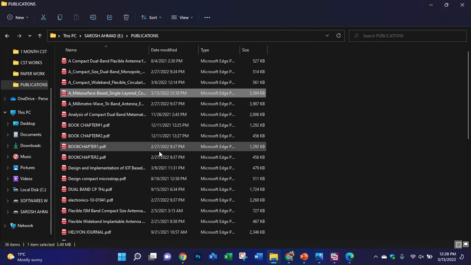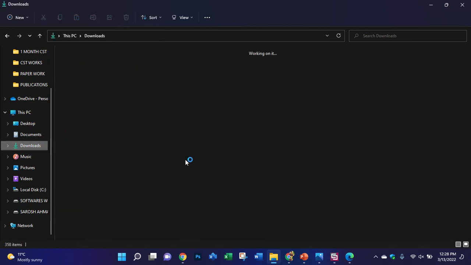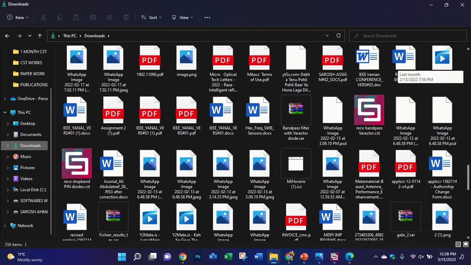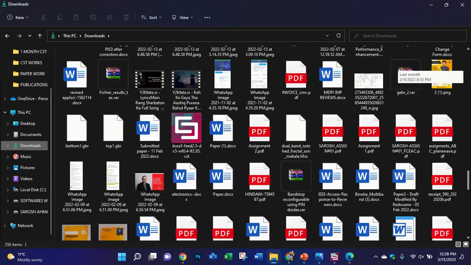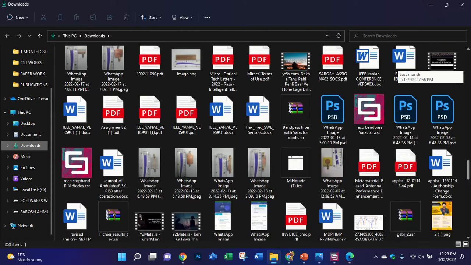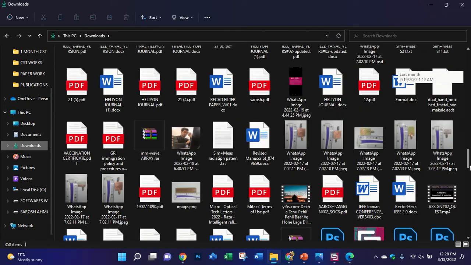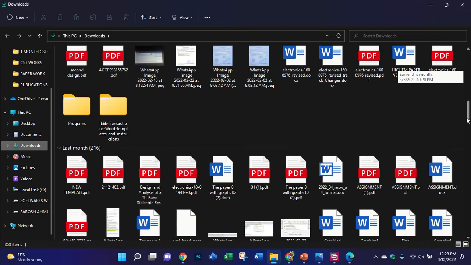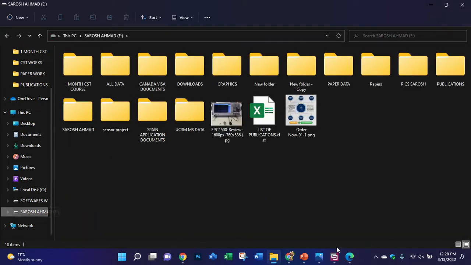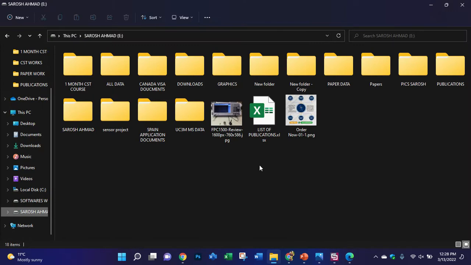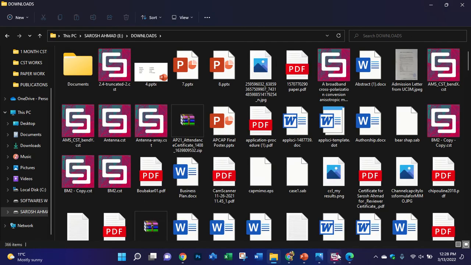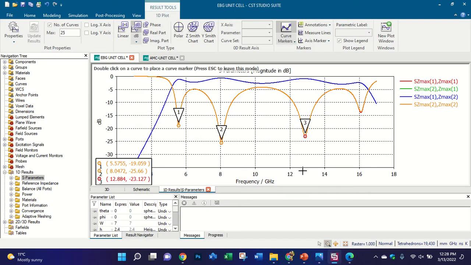I think I had a UWB universal, but not sure. UWB? Yes, there is a UWB universal. Let me check. If you want to get UWB, you must make, I think, many layers. No, not many layers. Let me check here. I have downloaded it, and at the end of this session I will share all the